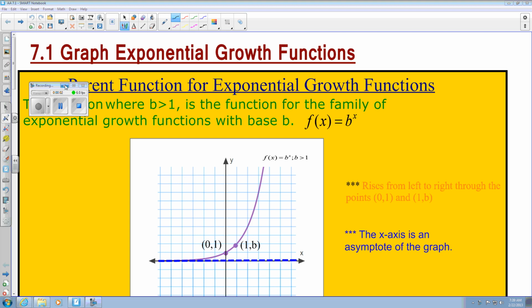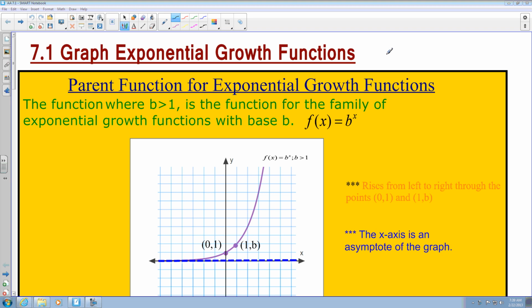Okay, starting new chapter, chapter 7. Chapter 7 deals with functions with exponential growth, exponential decay. It also does things with logarithms and natural logs. But to start with, we're going to talk about